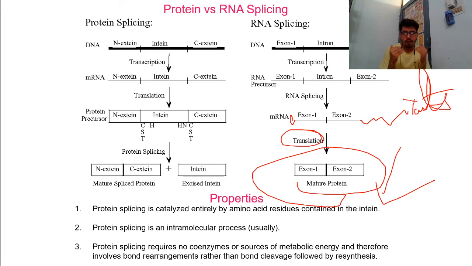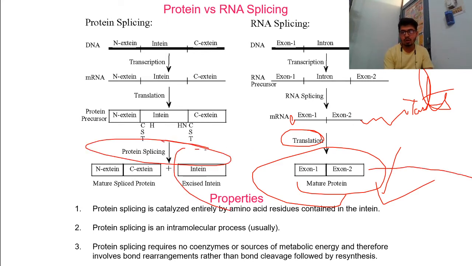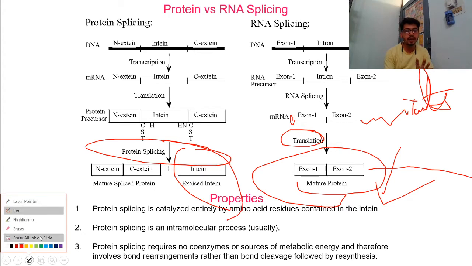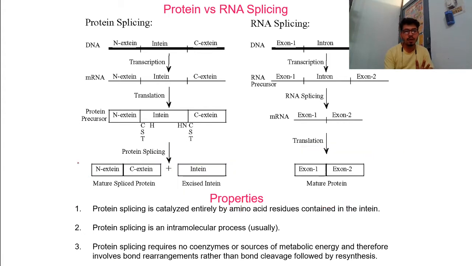If your mRNA is translated, the messenger RNA contains N terminus and C terminus of exons as well as introns. But introns are not important for a mature protein. So the N terminus and C terminus of the protein are really useful for any protein, and the other part will be removed out. This is called protein splicing. I am not going to discuss protein splicing in detail. I just want to tell you why we use N terminus and C terminus.